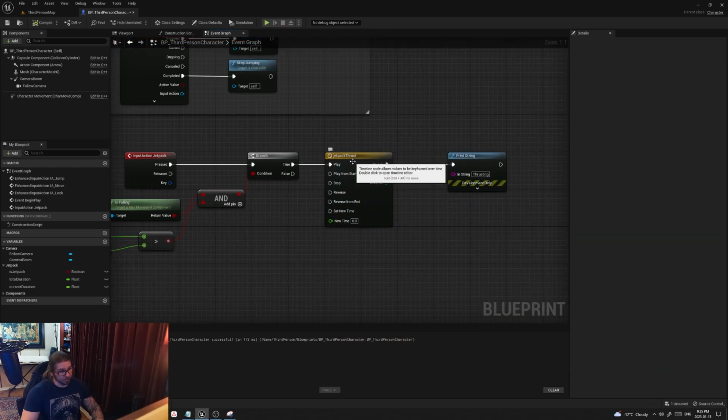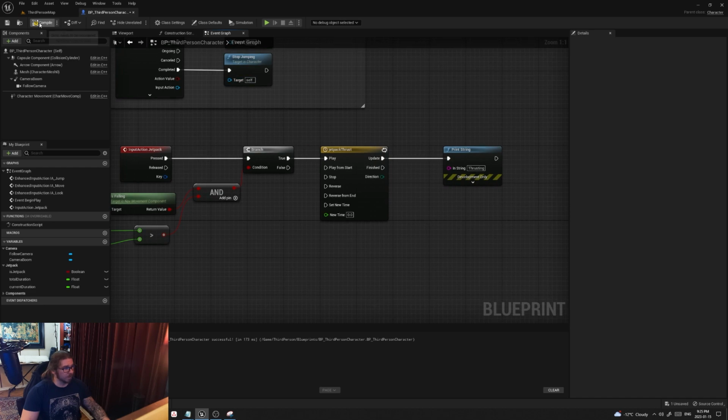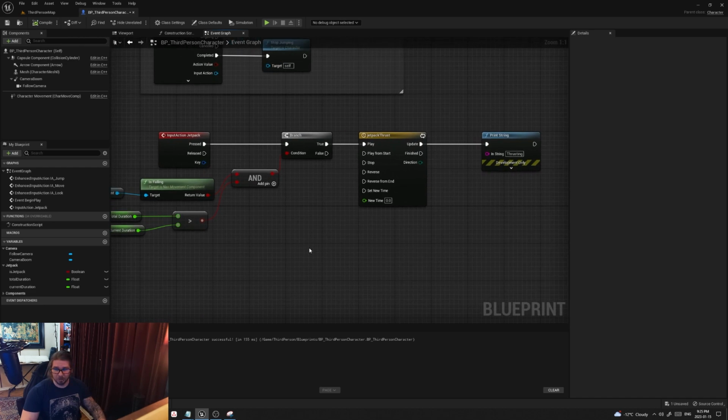Actually, I'm wrong. It's not infinite. If you double click on the timeline, you see the default is 5 seconds. But if you open it up and click the loop button, now it's infinite. So I'm going to go ahead and add another layer of logic